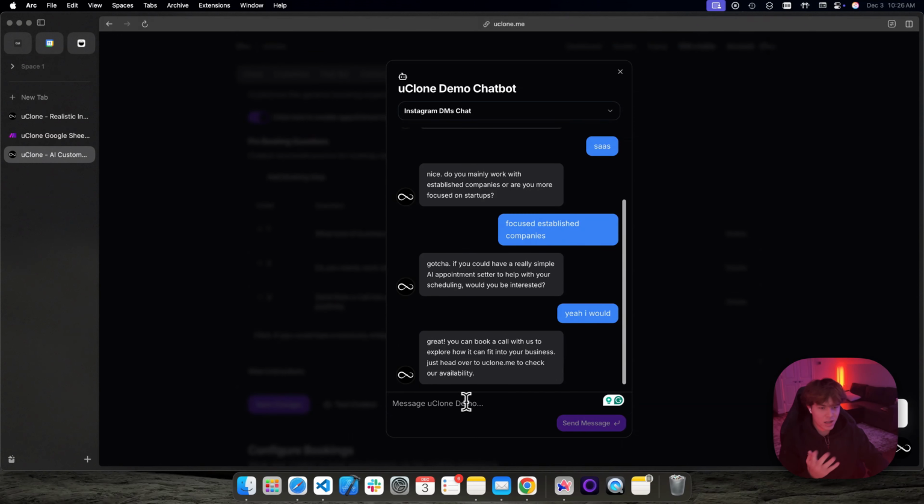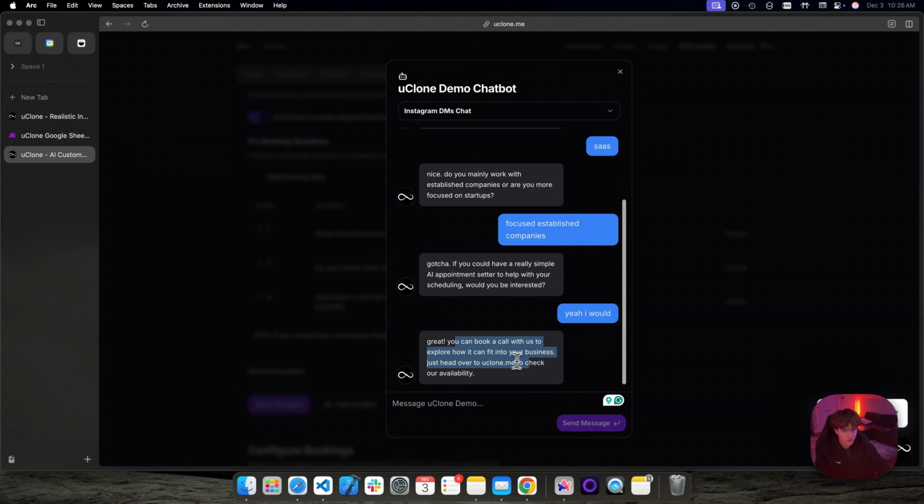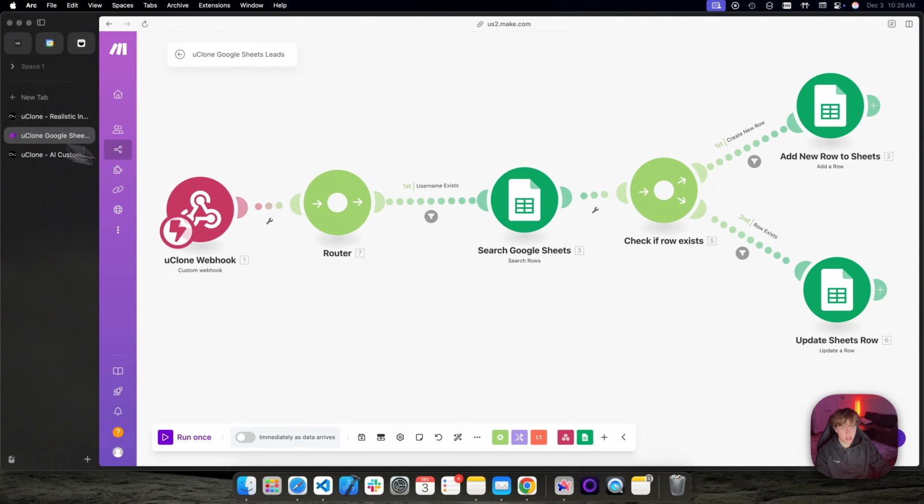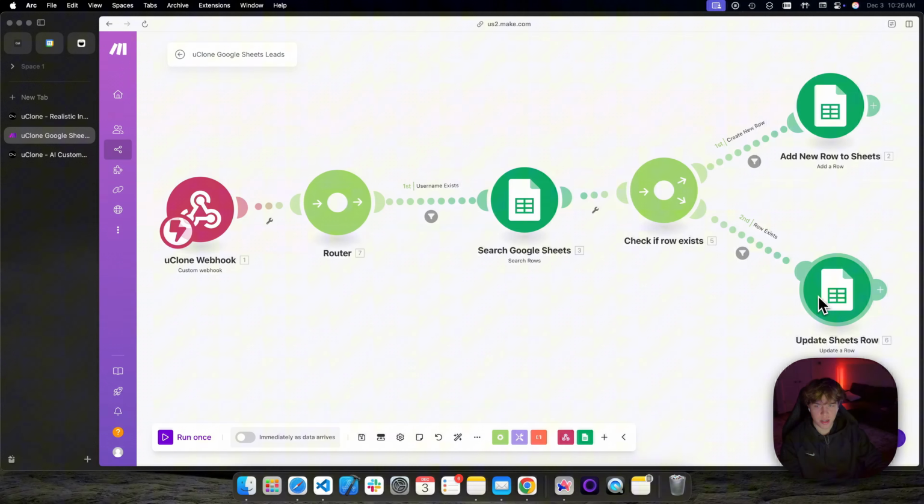However, you can test it in here. So as you can see, just head over to your link, or you can include a Calendly link or a cal.com link in order to provide a better experience for that. So now we can close it here. And as you can see, it would have run through here and added the row or updated the sheets row